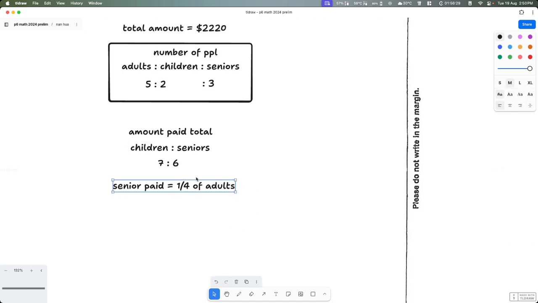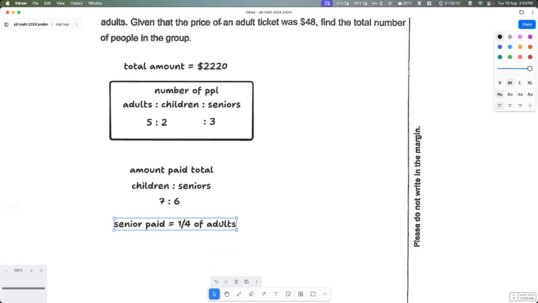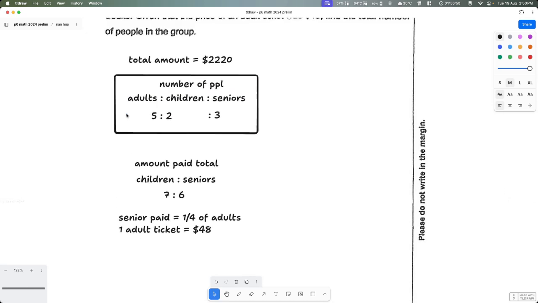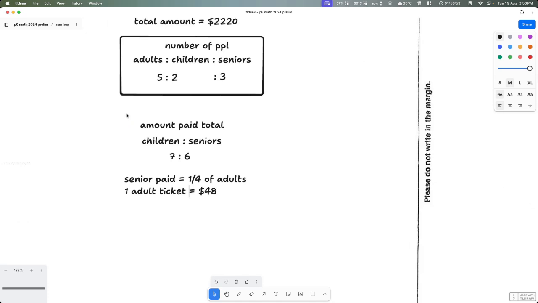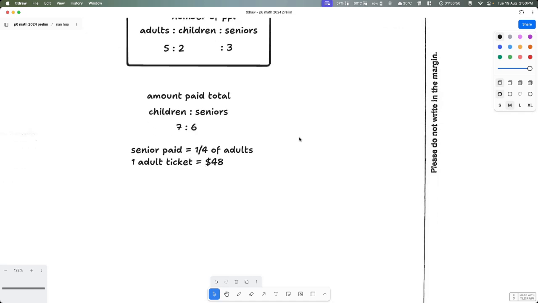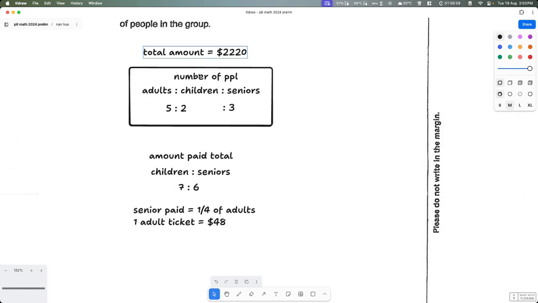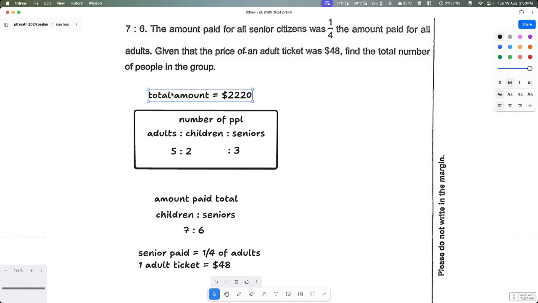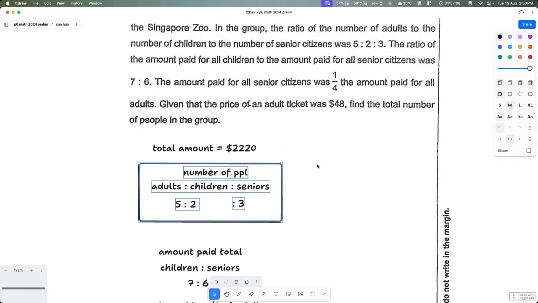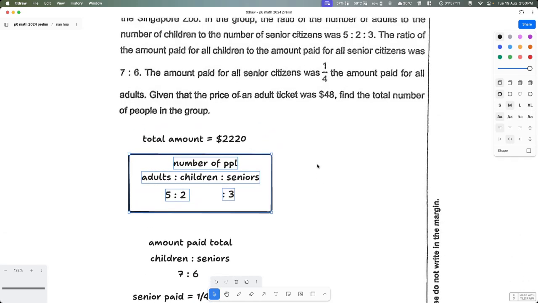Okay, so this is generally okay. And lastly, the last one: one adult ticket is equal to $48. Okay, so then basically we need to find how many people are in this case. For this, we want to get first how much is being totally paid, then divide by the ticket price, and then we can get the number of people as well. Okay, so with that said,